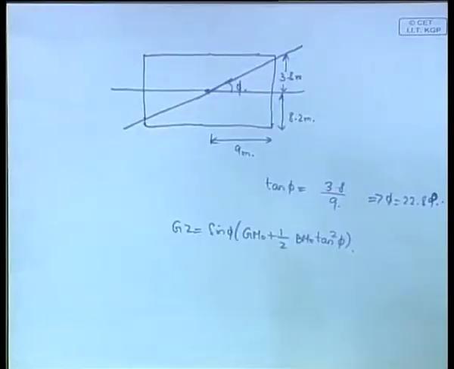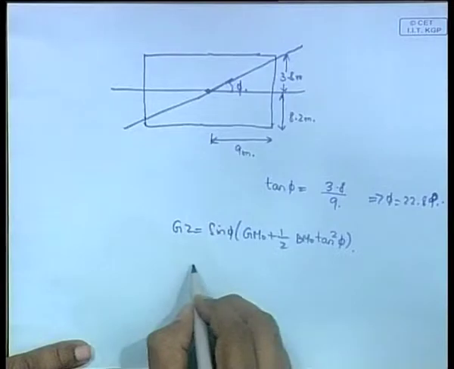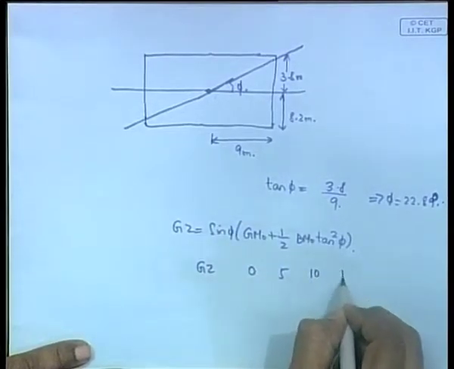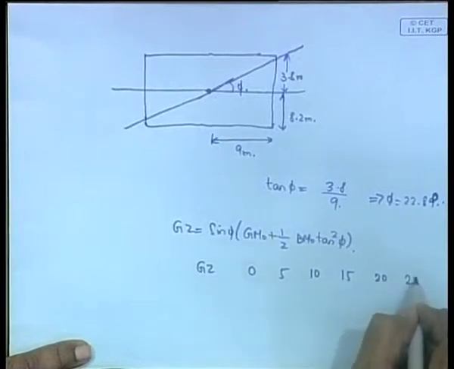You have to find the area in steps. So, let us see, you can do it as 0, 5, 10, 15, 20 and some other way to calculate from 20 to 22.89. Since you are doing the wall sided formula, you can as well put phi equals 22.89. So, you do it like this, GZ at 0, 5, 10, 15, 20 and 22.89.